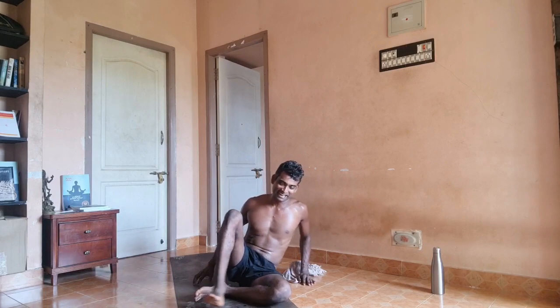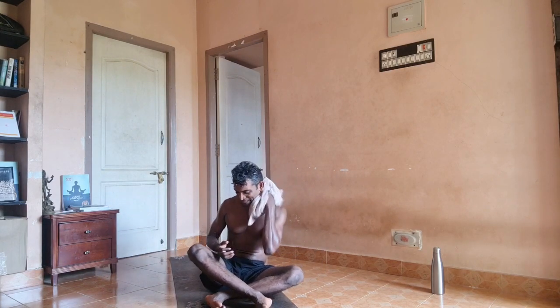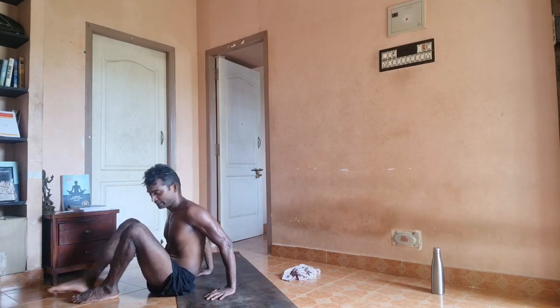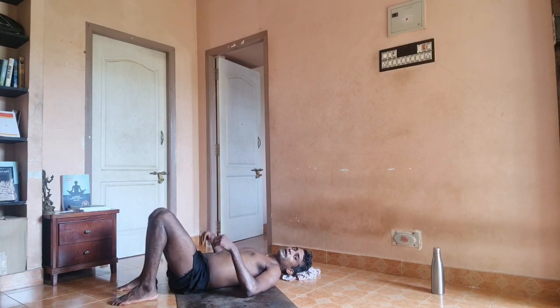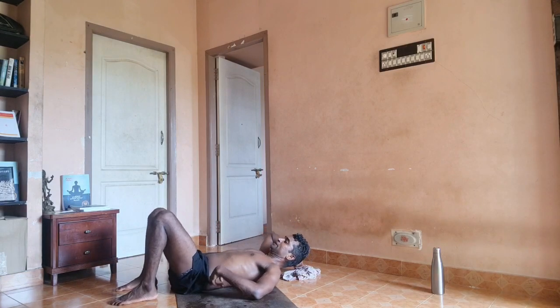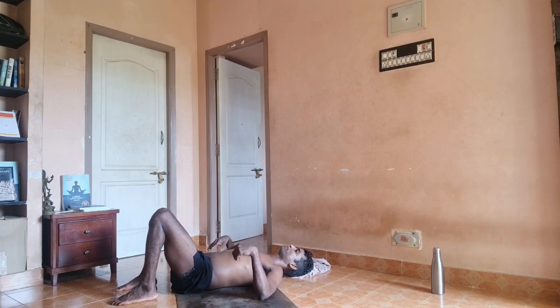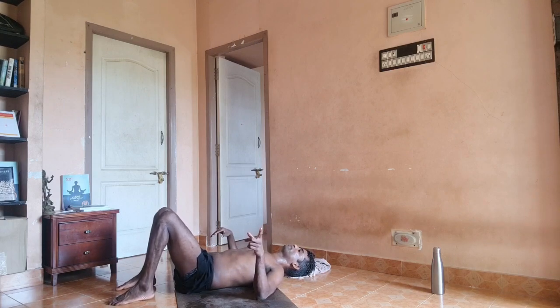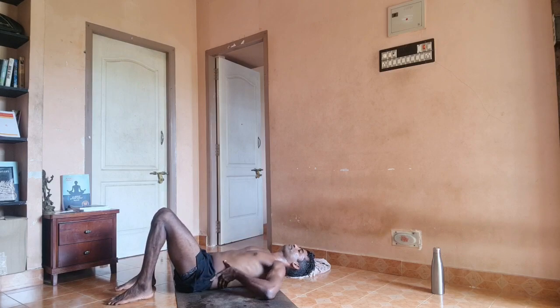Beautiful people, preparing ourselves. We are almost towards the closing time. That means that more twists, maybe inversions and other kind of things come into play. Go down onto your back, press your lower glutes into the mat to release any strain from your lumbar back. You can gently wriggle, lift your hips up and wriggle also, and put the glutes back